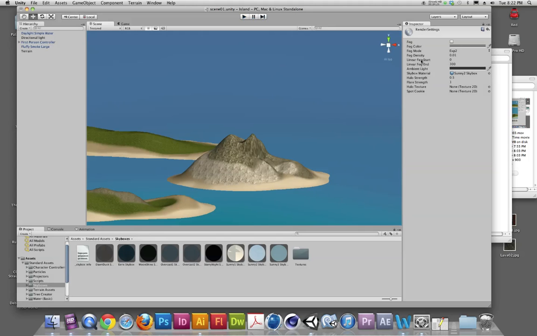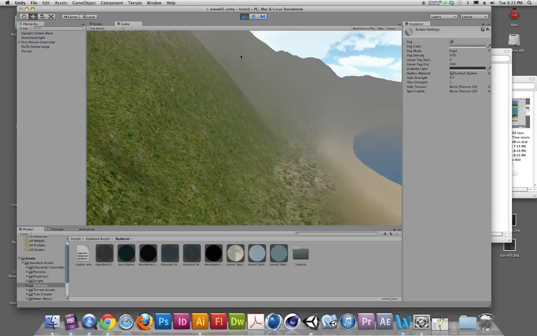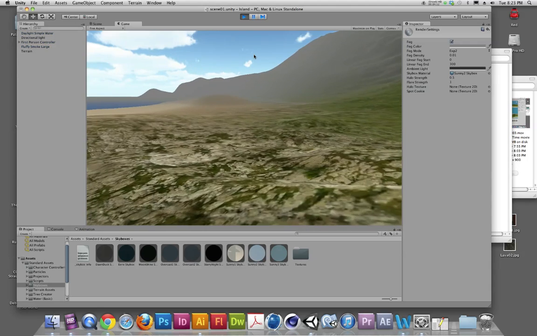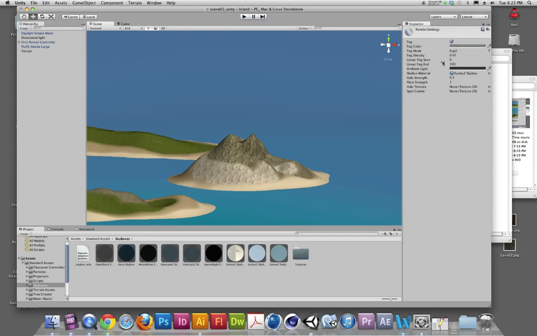In addition to that, under render settings, you might have discovered that we have the ability to turn on fog. And fog can be an interesting thing, particularly when we're trying to establish an atmosphere off in the distance. Just by turning on fog, we can set a basic fog color. We have the ability to manipulate the density and the beginning and end distance of the fog. With the default values, when I turn this on, you can see that I end up with a really foggy environment, which is not what I want. I'll turn that off,